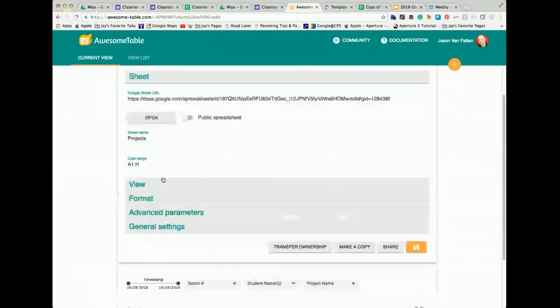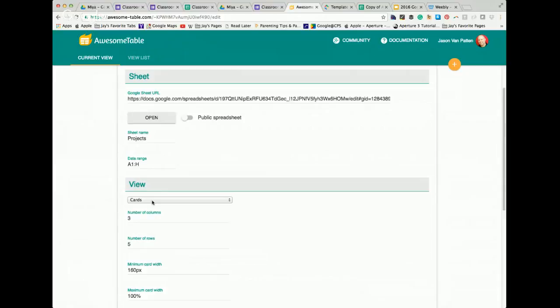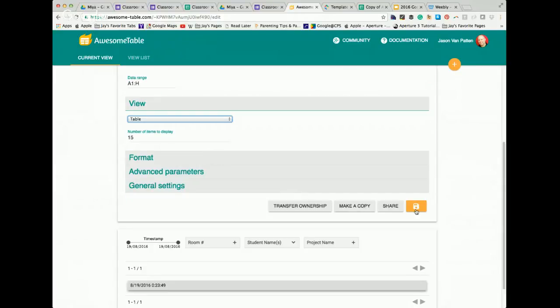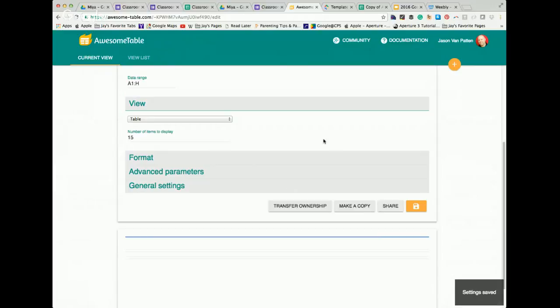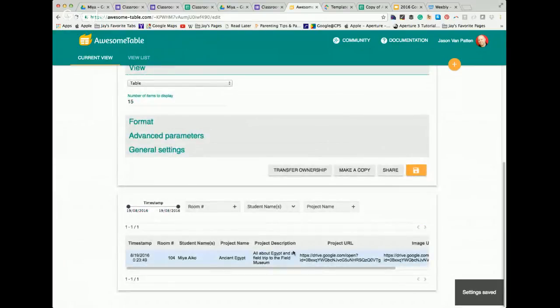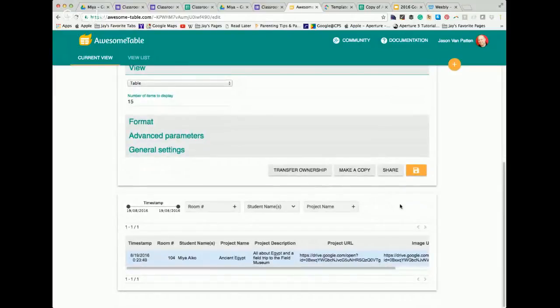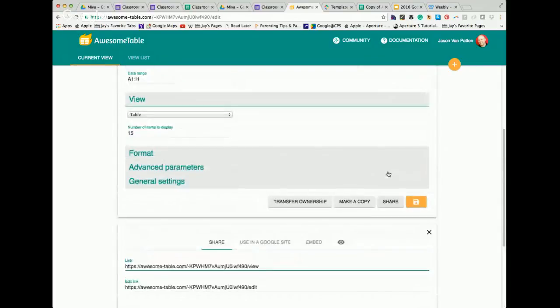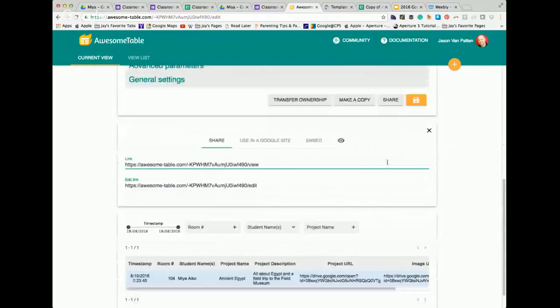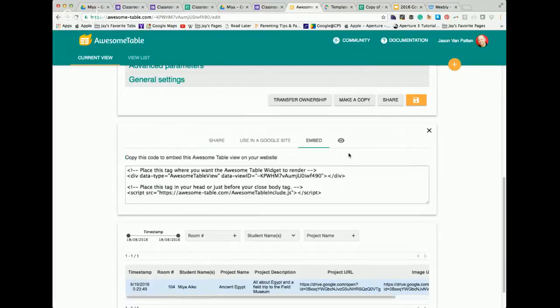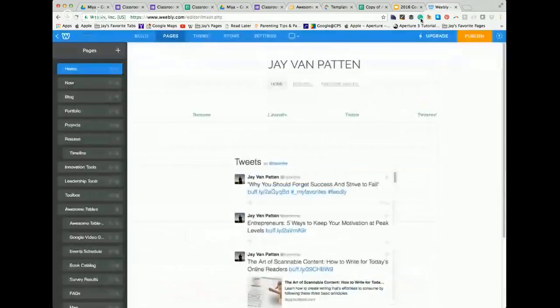Okay, so here's what we're going to do while we troubleshoot. I'm going to change this back to a table view. I'm going to hit save. Then I'm going to wire this up to a web page, and then we'll come back to figure out what's going on with the card rendering. The way to do that is you go to share, and in the share there's an embed, and when you click on that, it essentially highlights this embed code. I'm going to copy that embed code, and I'm going to paste that into a Weebly page that I'm going